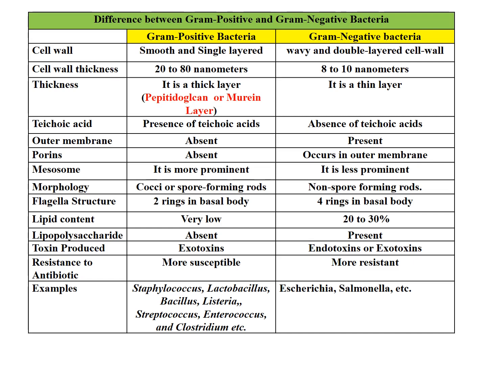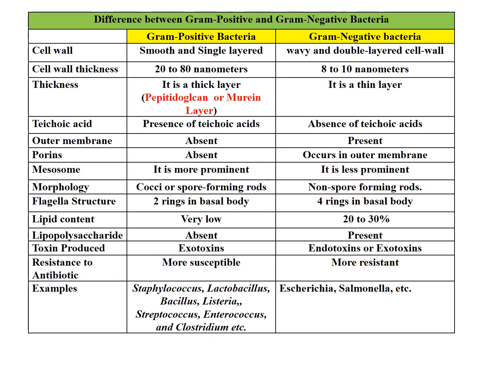In this picture, you can see the outer membrane and the peptidoglycan layer, which has 4 layers of peptidoglycan in gram-positive bacteria, while in gram-negative bacteria a single layer of peptidoglycan, or murein layer, is present. Teichoic acid is present in gram-positive bacteria, while in gram-negative bacteria it is absent.